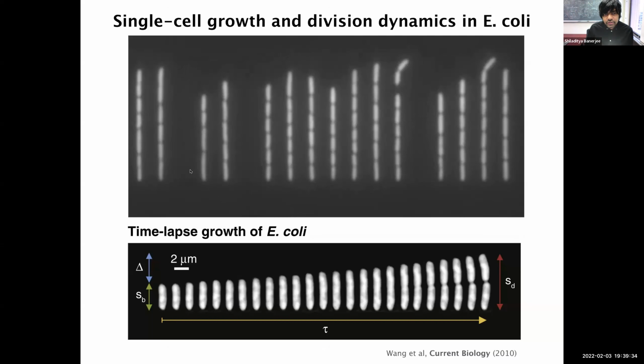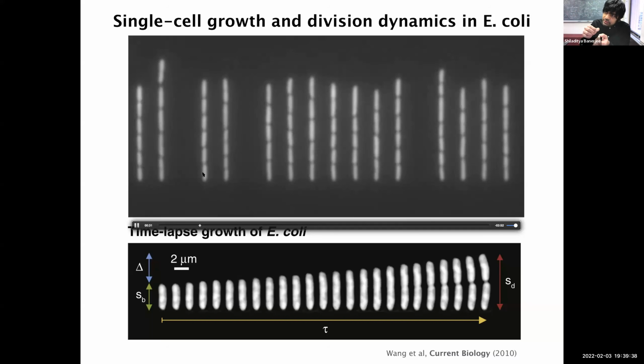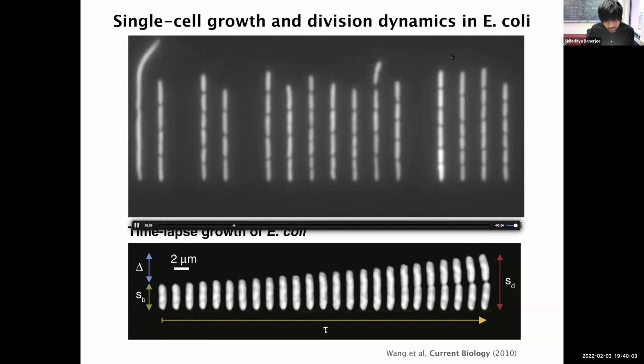And what you see here is the growth of bacteria. There is a mother cell at the bottom of this microchannel that grows and divides, and as it replicates, it pushes up the daughter cells. At the top of the microchannels, you have a shear flow of fluid, which sweeps away any bacteria. So you can image this for long periods of time and collect thousands and thousands of data points. And using this data, you can actually discover new physics and models.